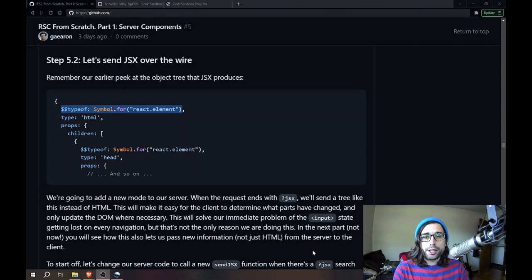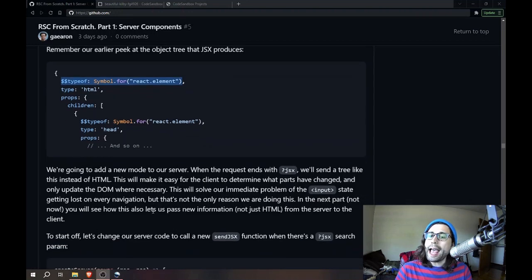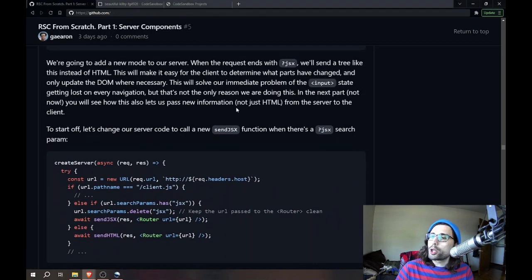Step 5.2. Let's send JSX over the wire. Remember our earlier peek at the object tree that JSX produces with the $$typeof Symbol.for('react.element')? We're going to add a new mode to our server. When the request ends with ?jsx, we'll send a tree like this instead of HTML. This will make it easy for the client to determine what parts have changed and only update the DOM where necessary. This will solve our immediate problem of the input state getting lost in every navigation,